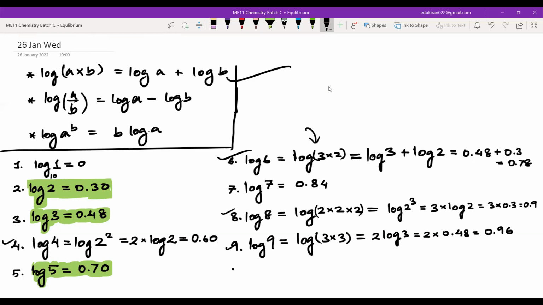Okay. Then we have at last log 10. Log 10 will be equal to, 10 to the power of how much will be equal to 10? 1. Correct. So you have these logs, but in this you just have to remember 4 values, okay? And then you can calculate any other values.